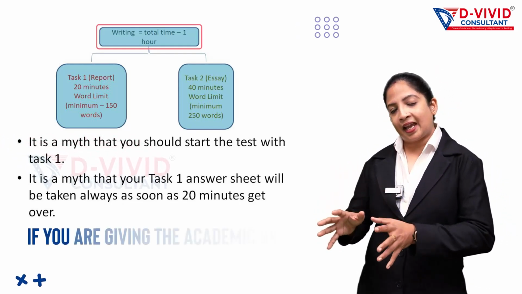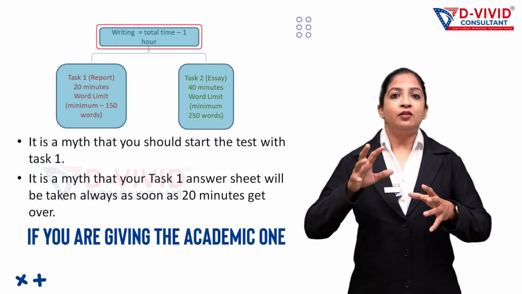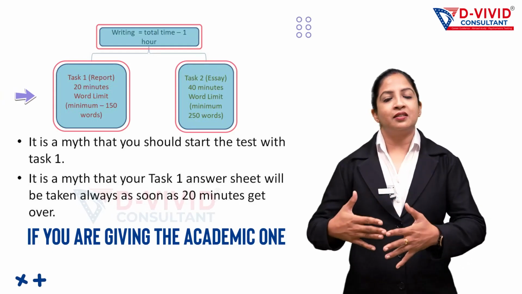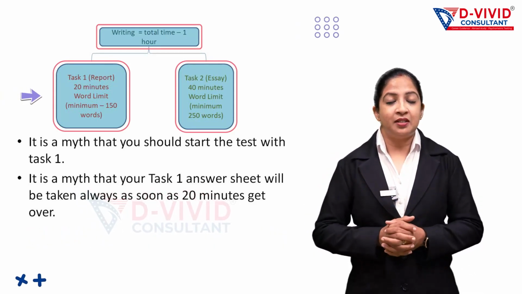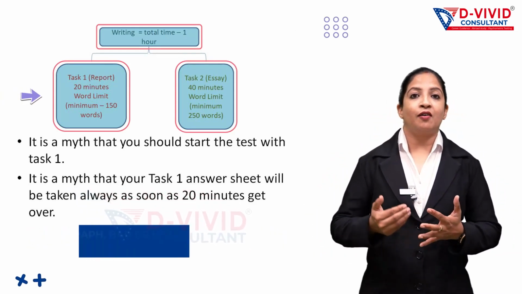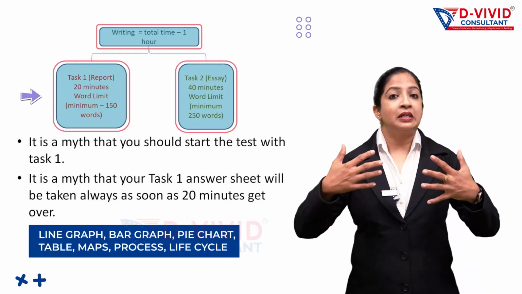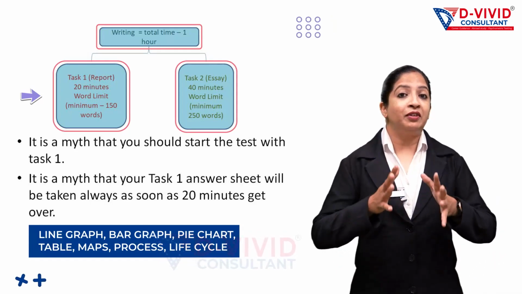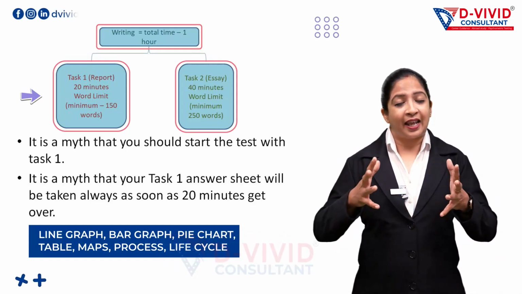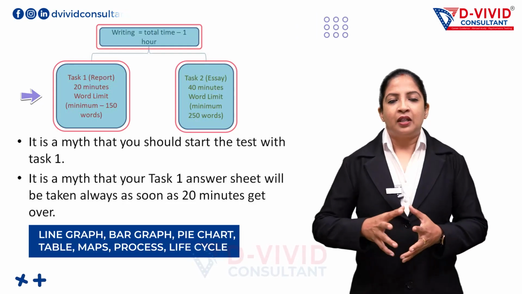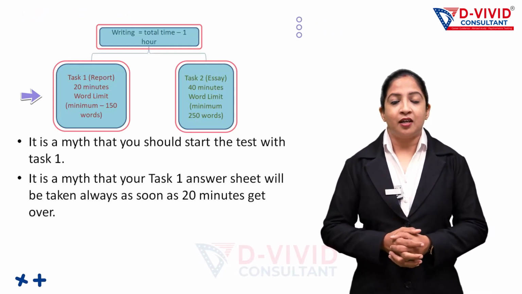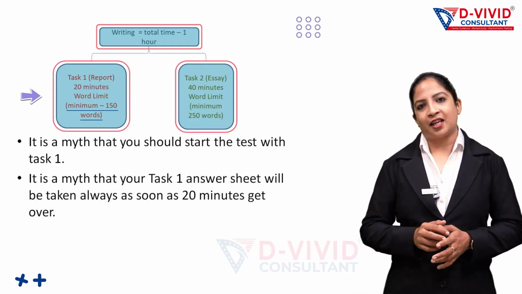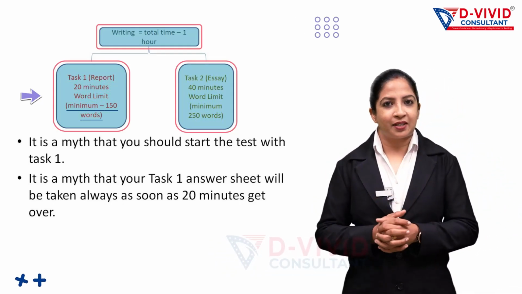Now if you are giving the academic one, then there are two tasks, task 1 and task 2. Task 1 consists of report writing, which means you might be given a line graph, bar graph, pie chart, table, map, process, life cycle, or even a combination of any two of them. Now you are expected to write a minimum of 150 words in this section, and so it is expected that out of